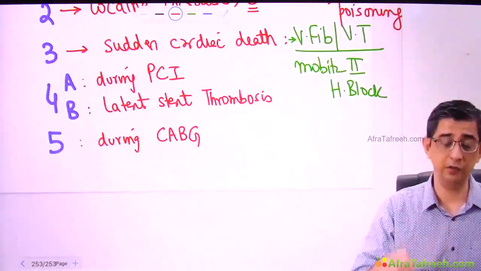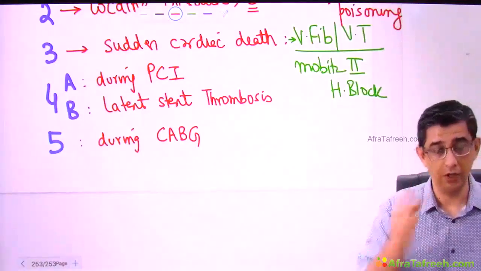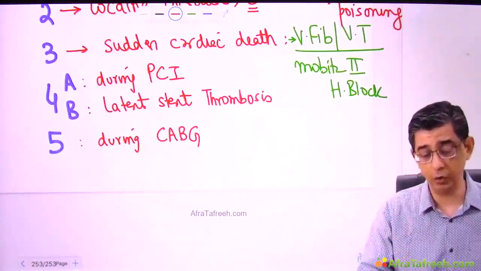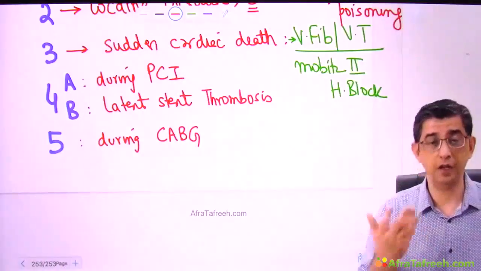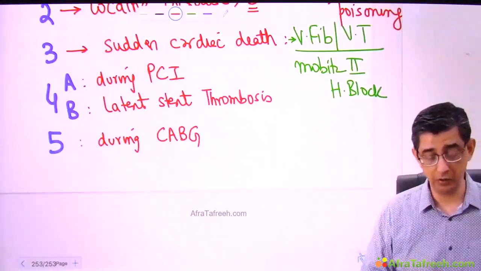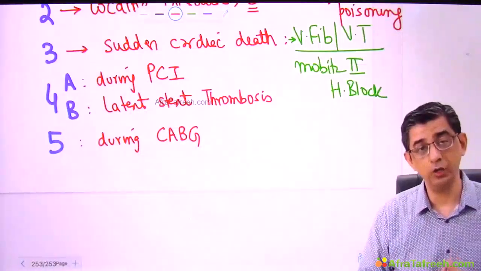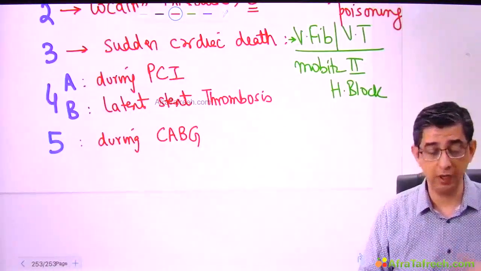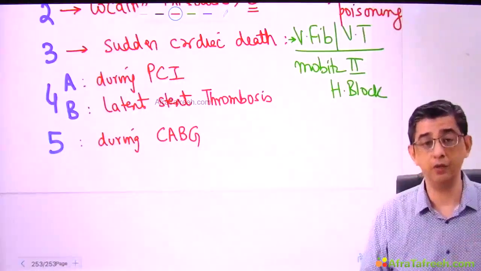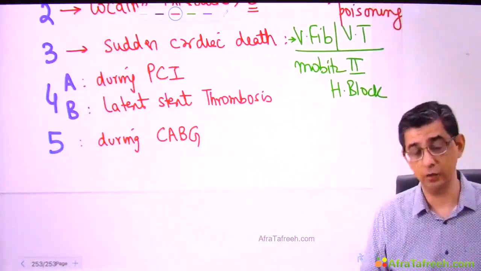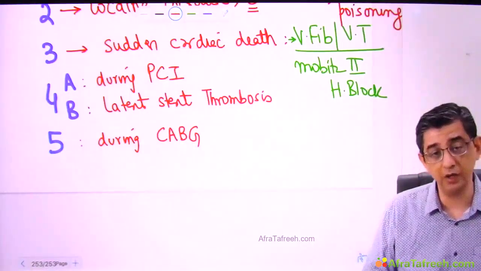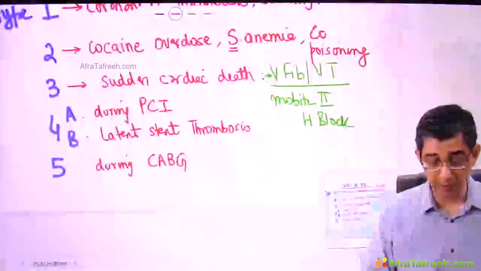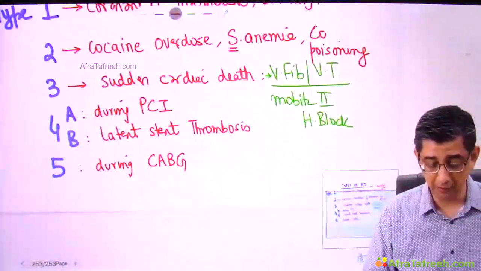Or I can say that when you're doing bypass grafting, you're obviously using an operating microscope and you are putting sutures in blood vessels. Suture itself is a foreign material that can also trigger thrombus formation. So type 5 MI can usually be either due to negligence on the part of the surgeon, clamping the left main coronary artery itself due to sudden bleeding in the operating field, or by performing bypass grafting in the patient.